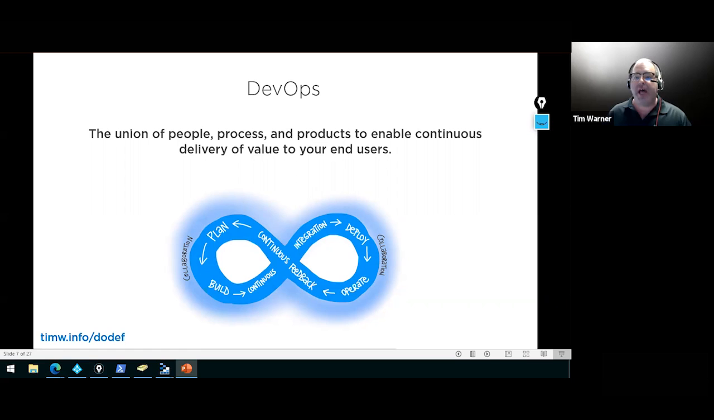left corner of each slide. First, we've got Microsoft's official definition, and I think Donovan Brown is the origin of this quote, as a matter of fact. DevOps is the union of people, process, and products to enable continuous delivery of value to your end